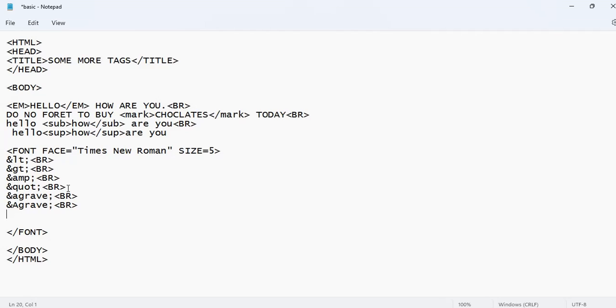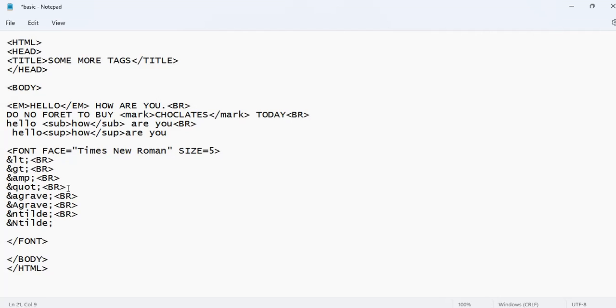Okay, now for the small N tilde symbol, I put ampersand N tilde semicolon and then a BR. Similarly, for the capital N tilde symbol, I put a capital N tilde semicolon